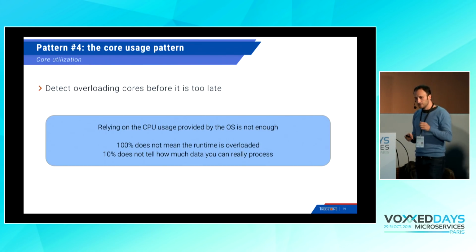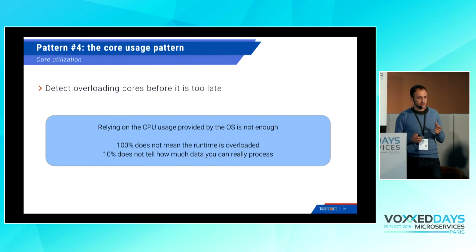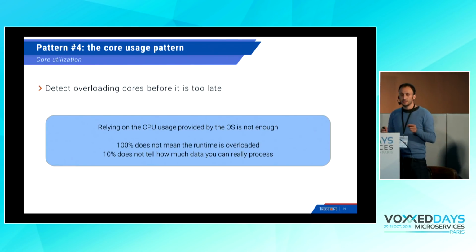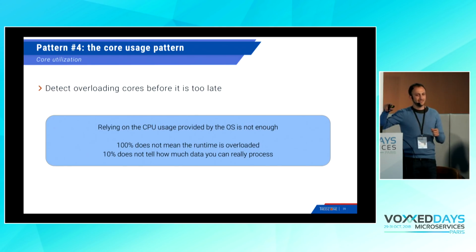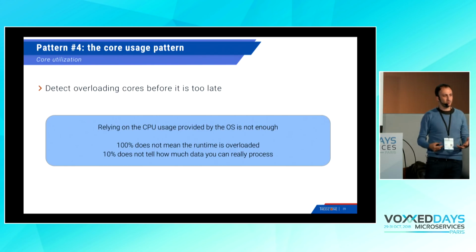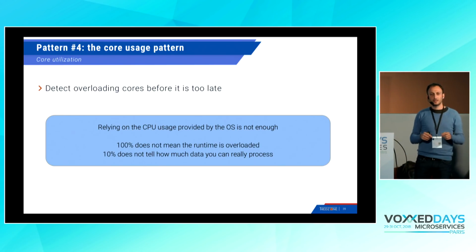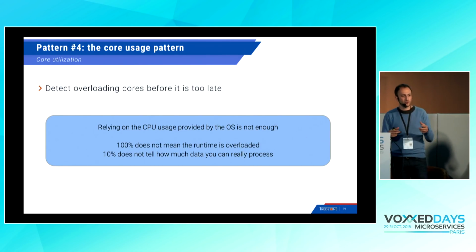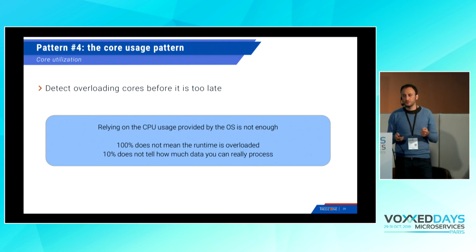Okay, so this is one kind of monitoring. Now, another kind of monitoring is to understand what's happening on the CPU. If you monitor the CPU and you see that it's at 100% use, it does not mean that you cannot work more. I mean, if you do a network read and write, often you have a while true loop, and your CPU is used at 100%. However, you still can read more messages. So it's not a useful figure.